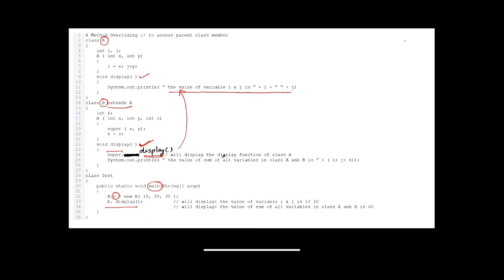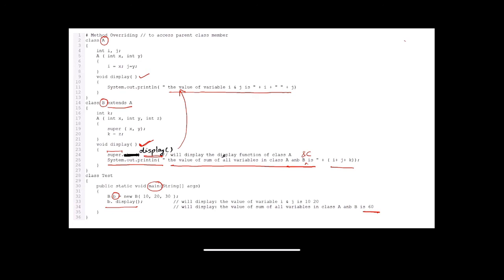Then I'm printing the display function of my class B, which is the sum of all the variables in class A and B, that is i plus j plus k, which gives the answer 10 plus 20 plus 30 is equal to 60.